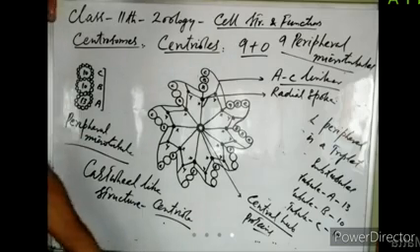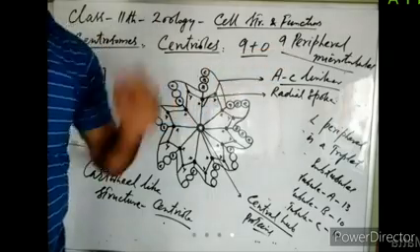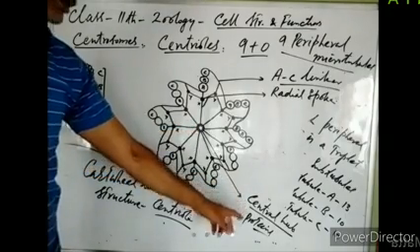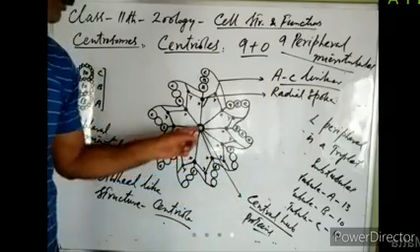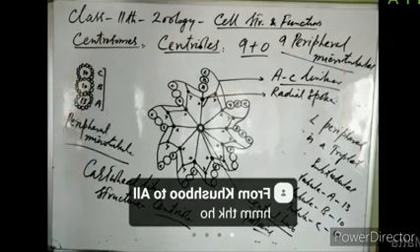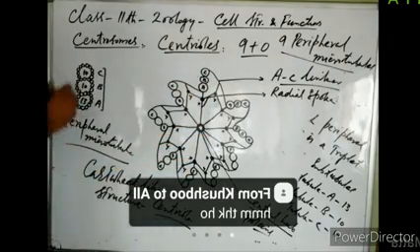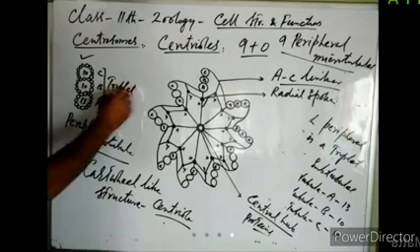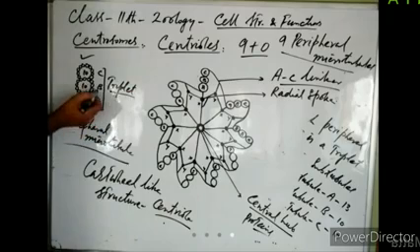So you can now see clearly, this centriole is only formed of 9 peripheral microtubules. At the center, there is no microtubule. There is just a proteinous mass known as the central hub at the center. So there are only 9 peripheral microtubules. Each peripheral microtubule is a triplet. It is formed of 3 subtubules: subtubule A, subtubule B, subtubule C.